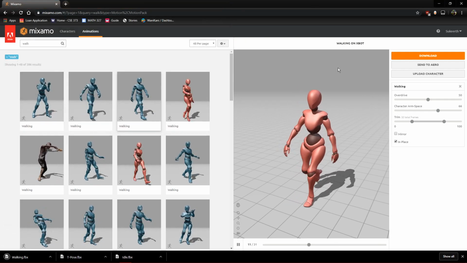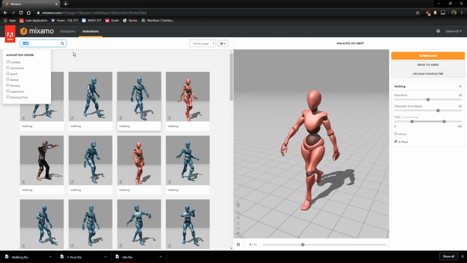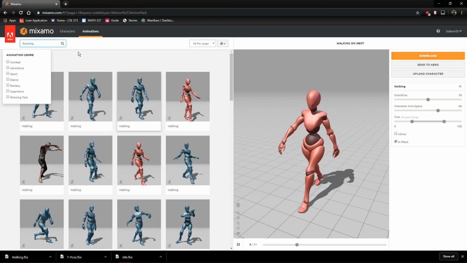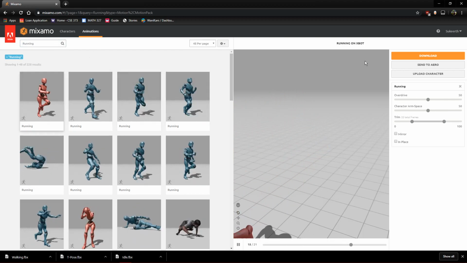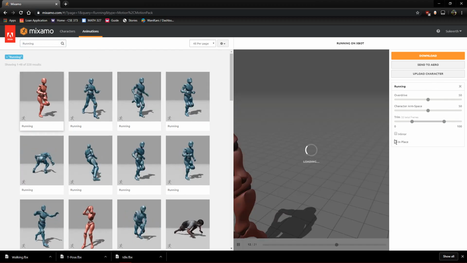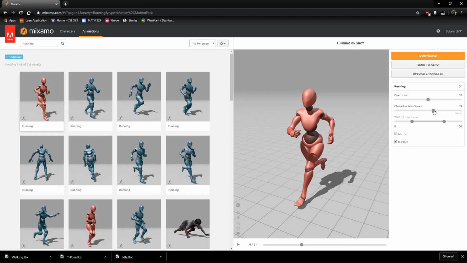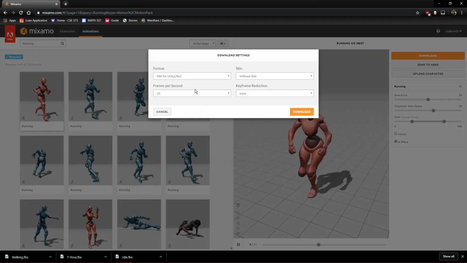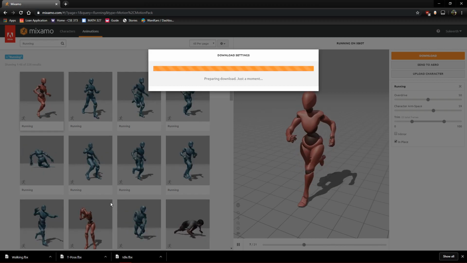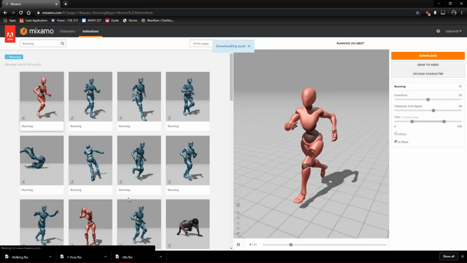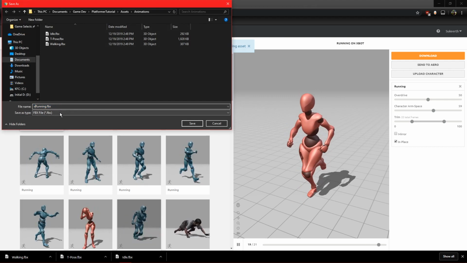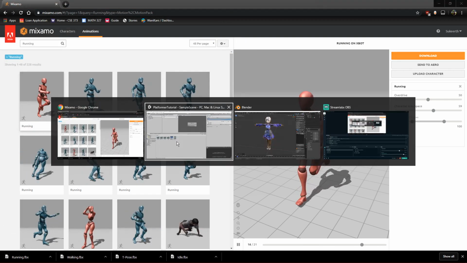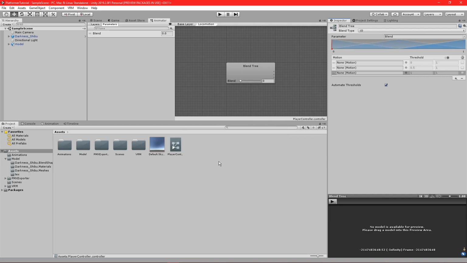Cool. And lastly, just get a running animation. Okay, cool. Again, make that in place, give it a little bit more arm space, and go ahead and hit download. You can choose any sort of animation you want from here. The same principles should apply. Let's go ahead and download that. And then if we head back into here,